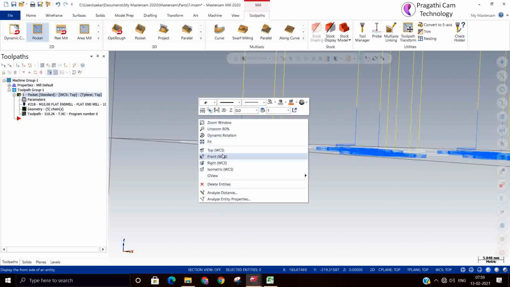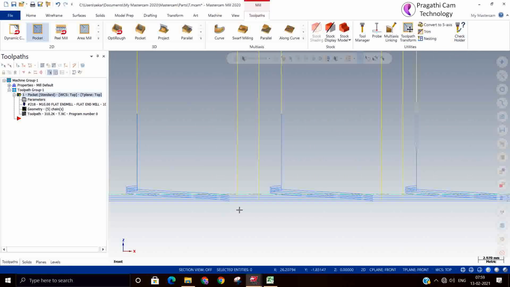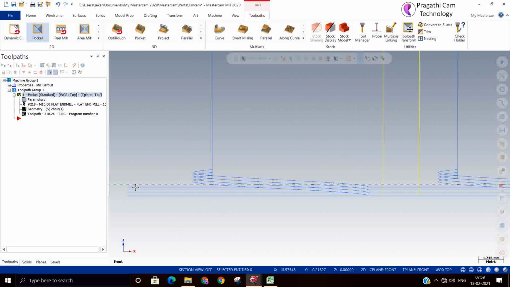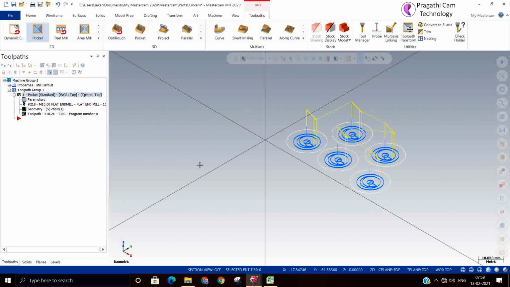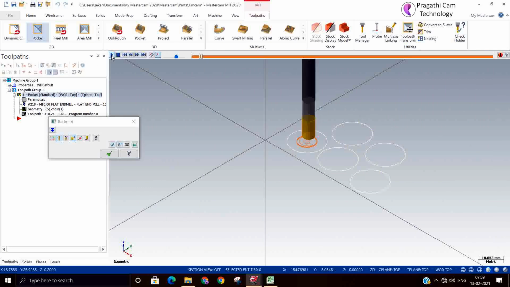If you cut like this, one complete pocket is cut, and then it goes to the next. The area in between will be the weak area. There may be chances of change in shape, wobble or even break.